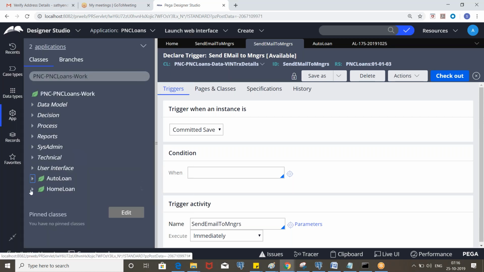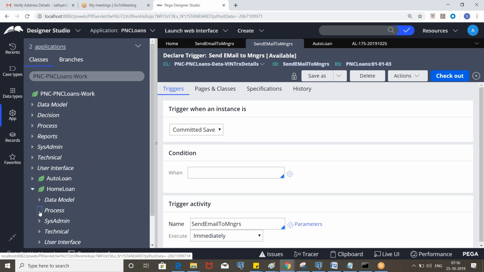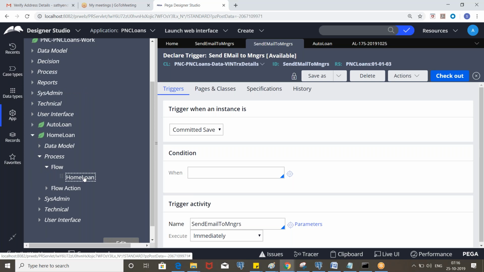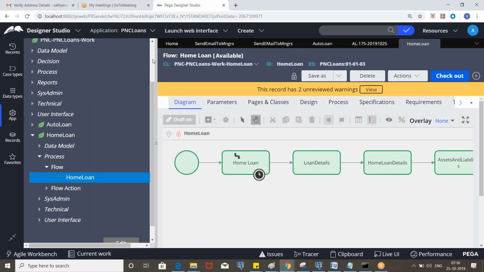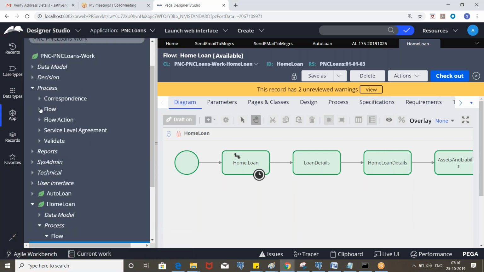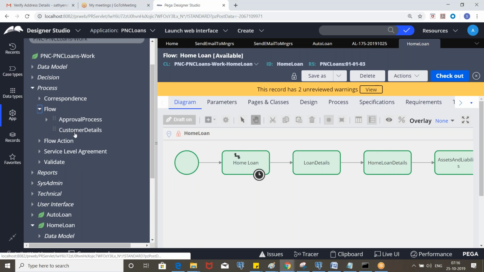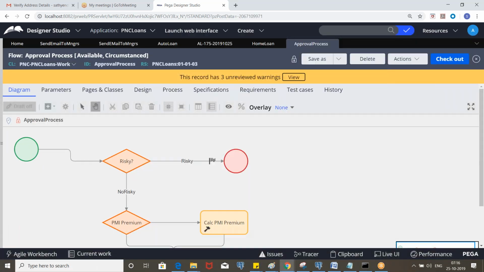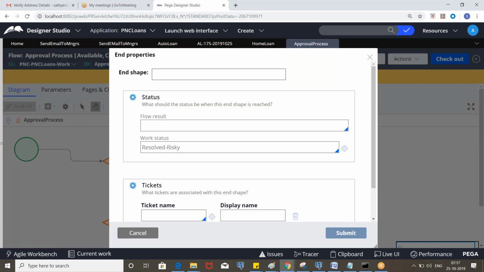Let me open that flow. Approval process, right? Yeah. So if it is rejected, we are updating the status to start with rejected, or resolved.